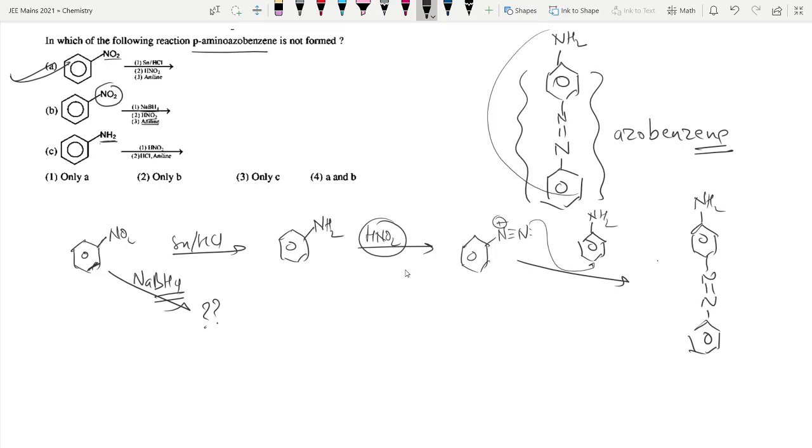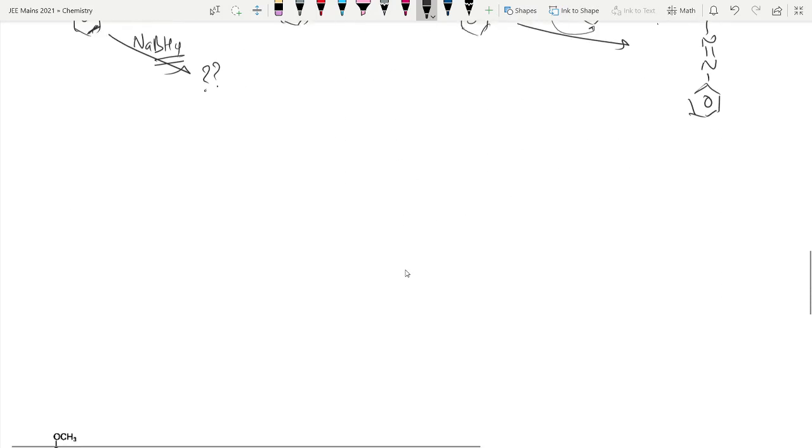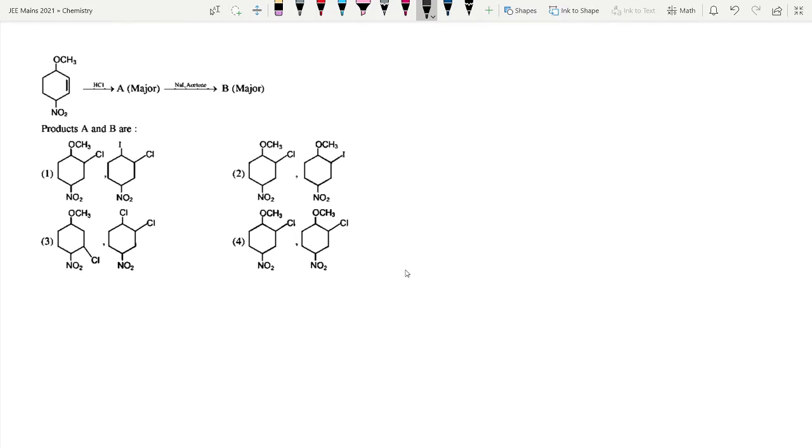This time you have NH2 and HNO2 and HCl. I think it's HCl aniline. Okay, so this one will definitely give the test because you're already starting from the aniline. So the only one which cannot give the reaction is B, right? So only B, because in the third one we have already started with aniline, and we will do HNO2 for diazotization and then aniline for coupling reaction. So this will happen. Now let's move on to this one.